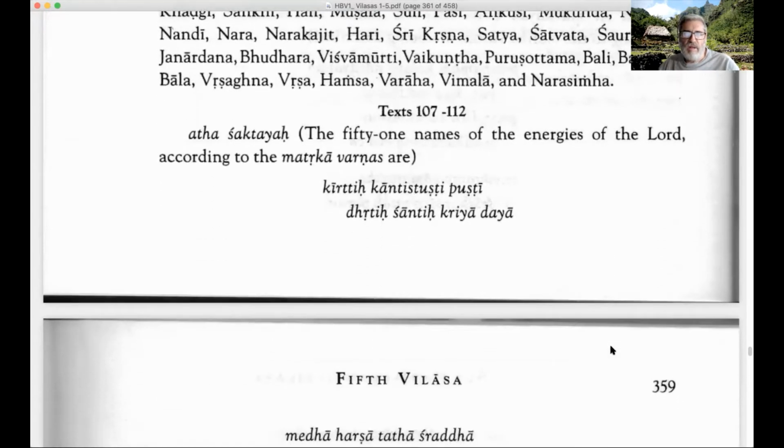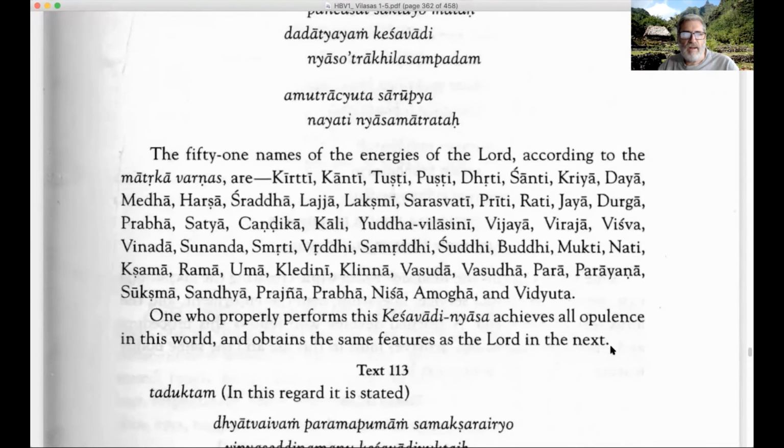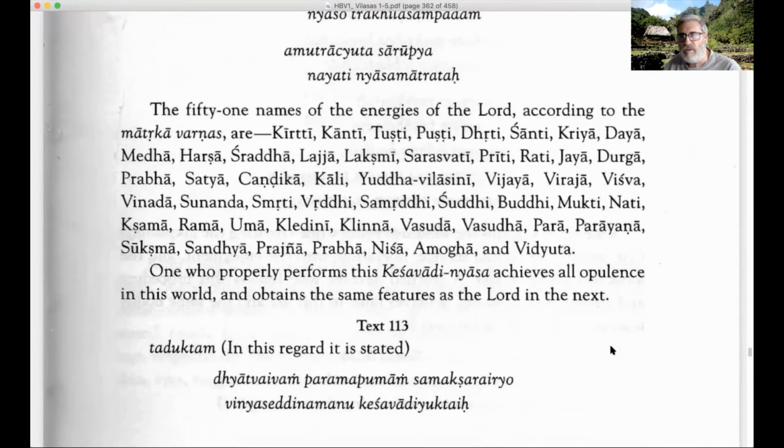So, continuing on with the Mula text of Hari Bhakti Vilasa, the 51 names of the energies of the Lord for the Matrika Varnas, which we just saw when we went through the 50 names, and also the 50 consorts of each form of the Lord. The 50 consorts are going to be explained here, right? The 51 names of the energies of the Lord, or the consorts of each of these 51 forms of the Lord, according to the Matrika Varnas, are Kirti, Kanti, Tushti, Pushti, Driti, Shanti, Kriya, Daya, Meda, Harsha, Shraddha, Laja,